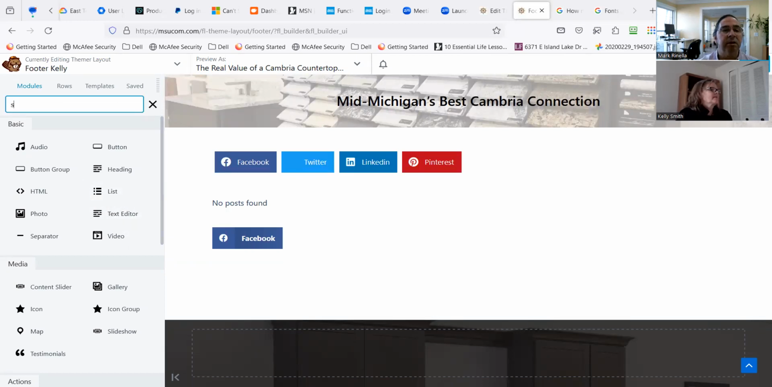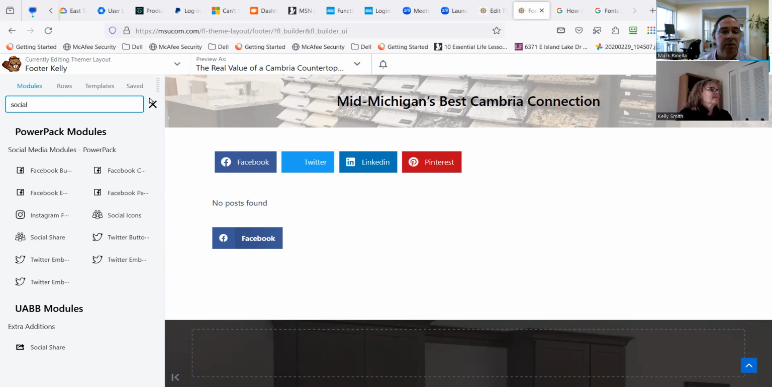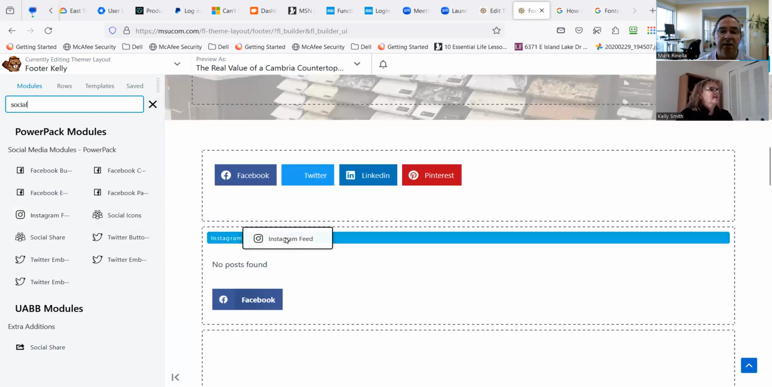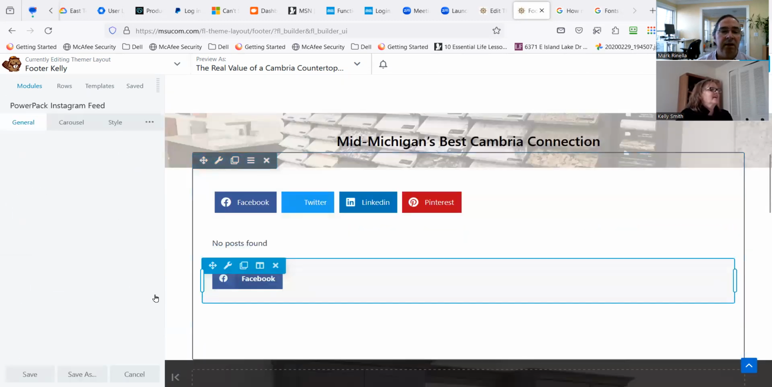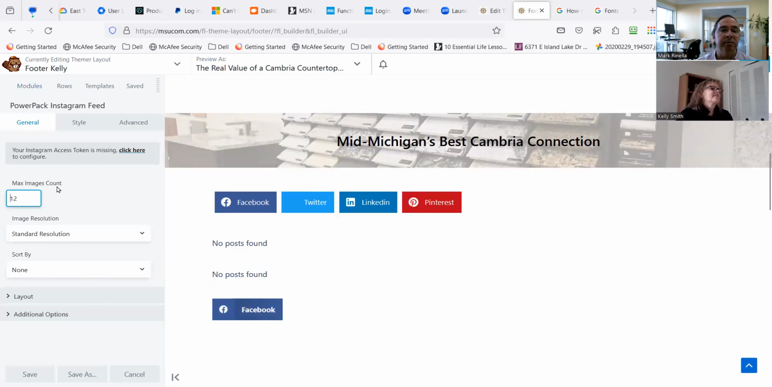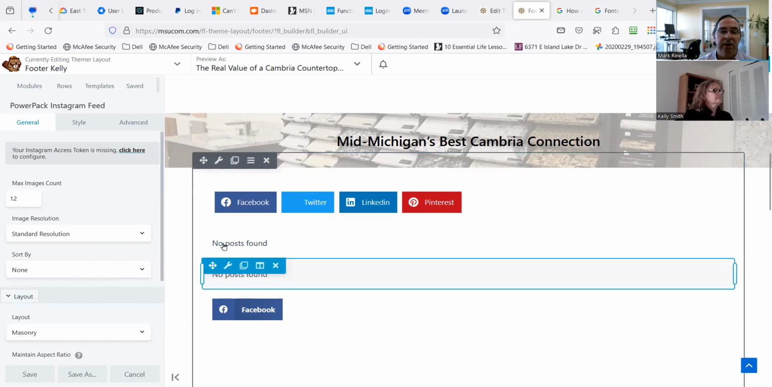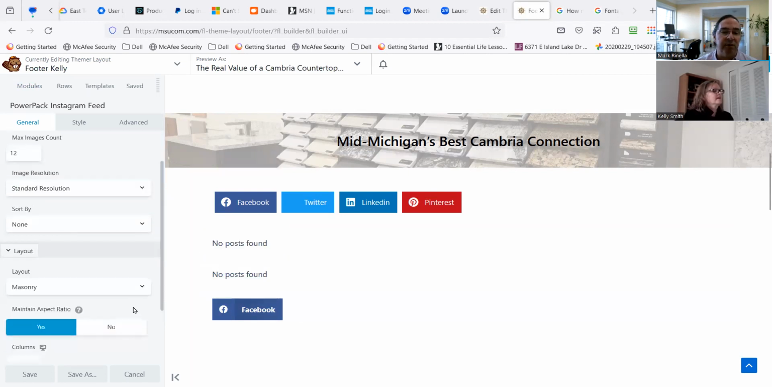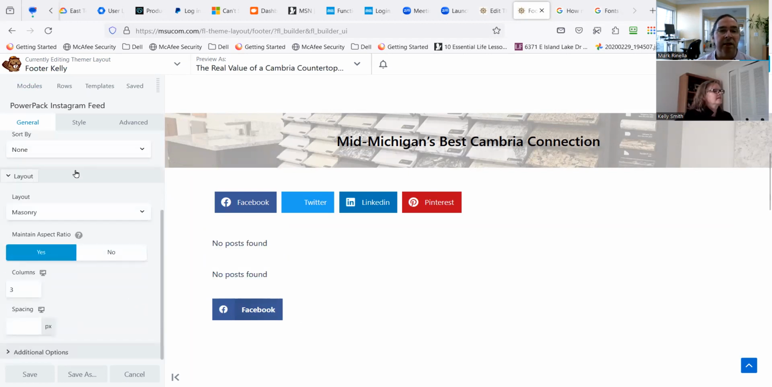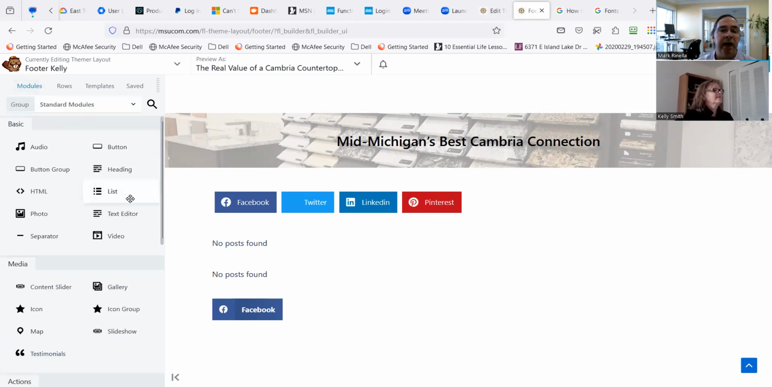Oh, Instagram right there. Well, that's what I added, Instagram feed. And then it goes here, the maximum image count and then standard resolution for it. So that's what they were offering, a feed. And I know you want the link. Right. I don't know why that's difficult, but we'll